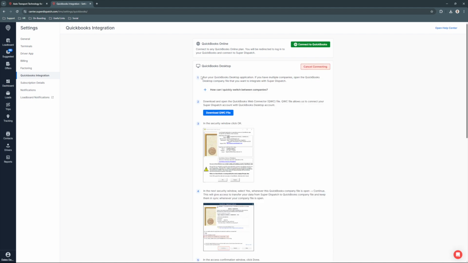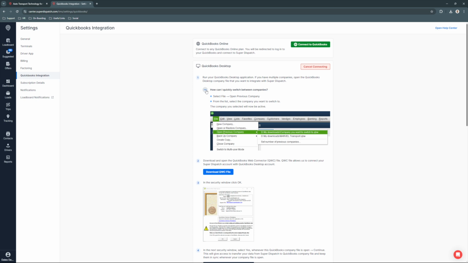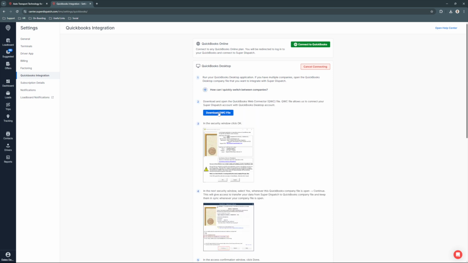Once you've clicked on Show How to Connect, you're going to see step number 1, which is to run your QuickBooks Desktop application. If you have multiple companies, open the QuickBooks Desktop company file that you want to integrate with Super Dispatch. If you're not sure how to change companies, click on the plus icon that will show you how to quickly change between companies. Once you've successfully selected the company that you want to use, move on to step number 2, which is to